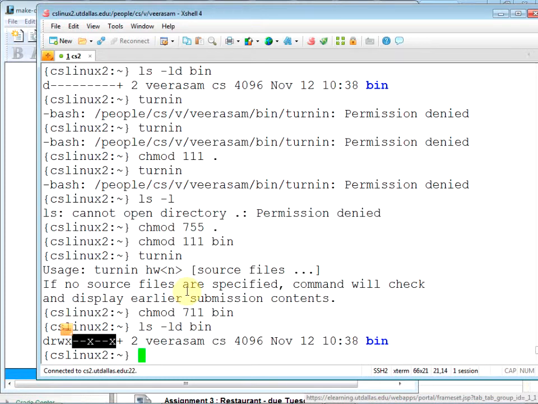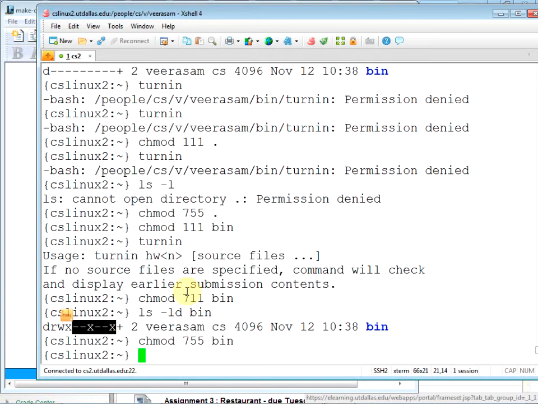If I change the permissions like this, then you can list the directory too. So for directories the permissions work a little bit differently. Now do the ls. Good, you are able to ls bin.